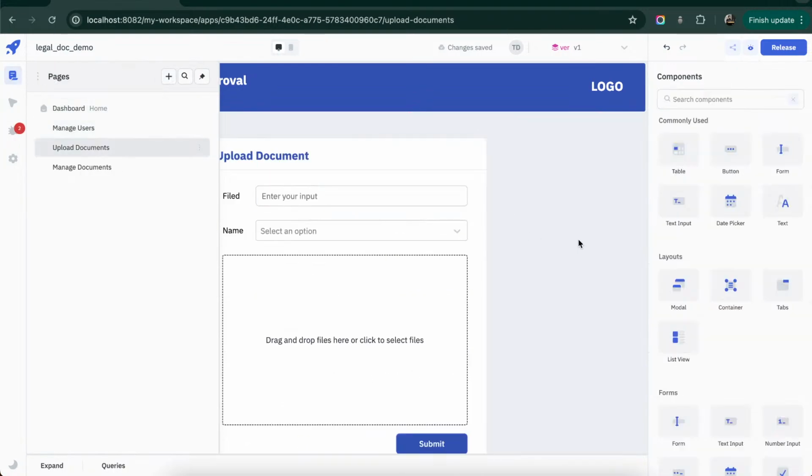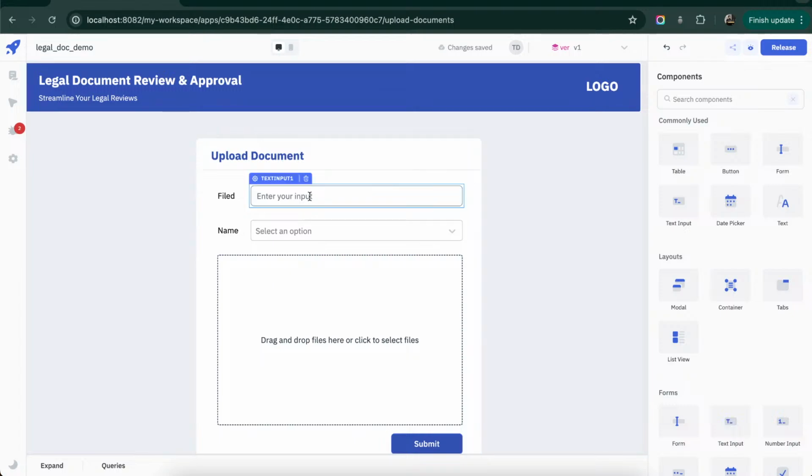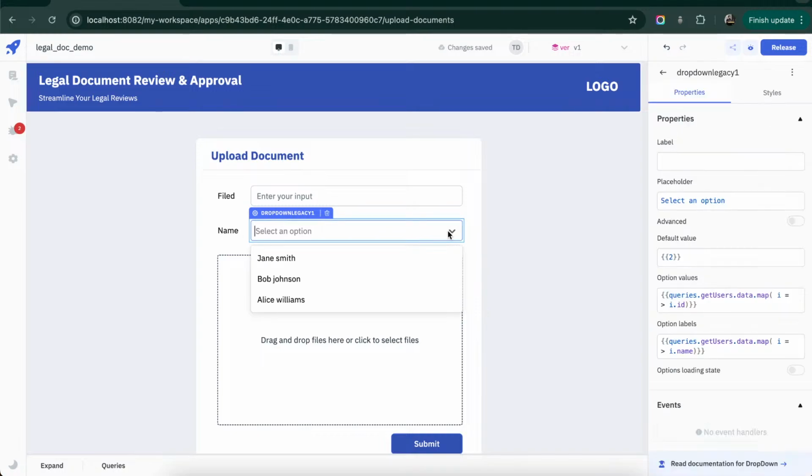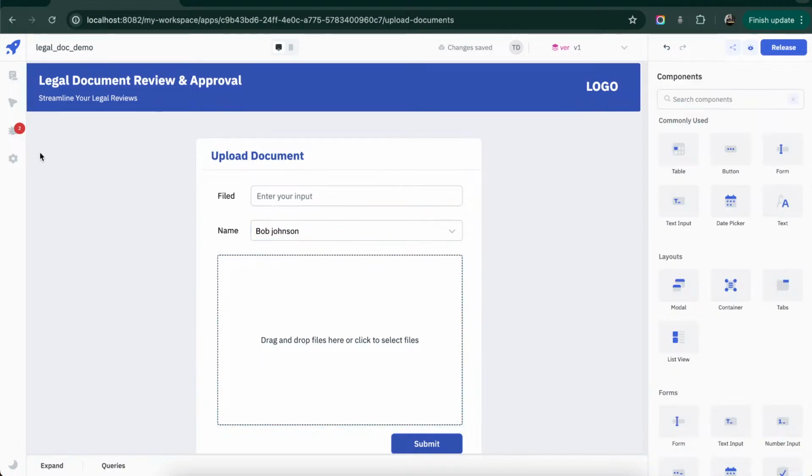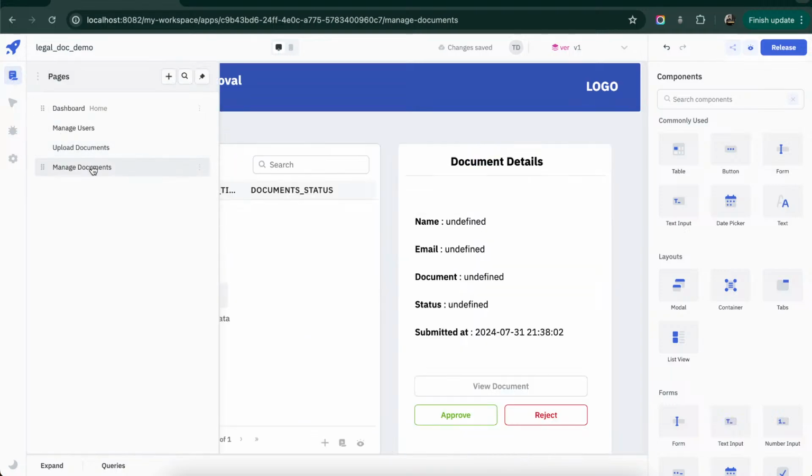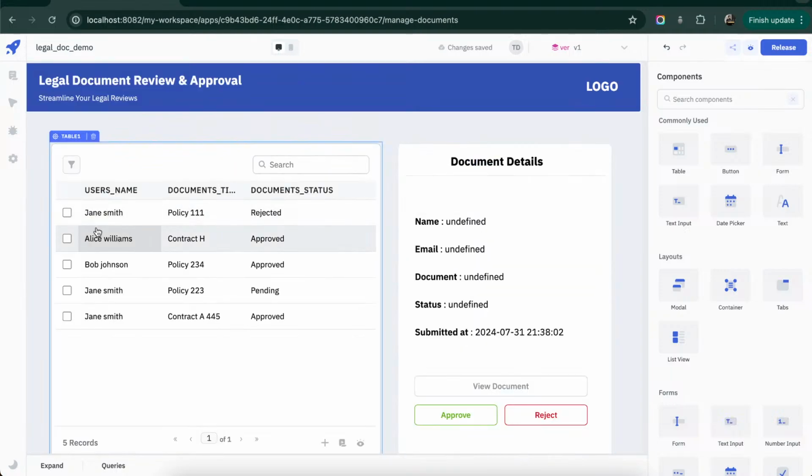Then we have upload documents. So you can write the field name and name of the user that you want to add, and then you can add your PDF corresponding to that. And lastly, we have the